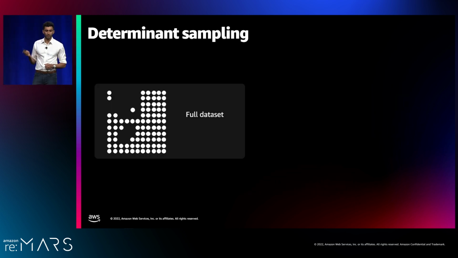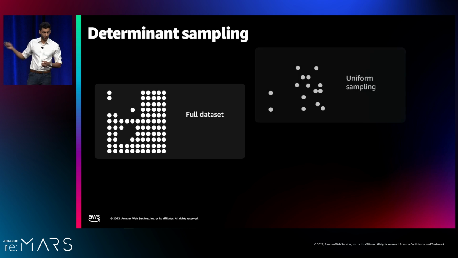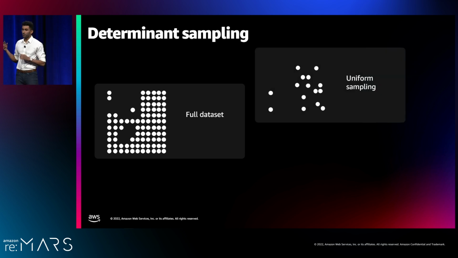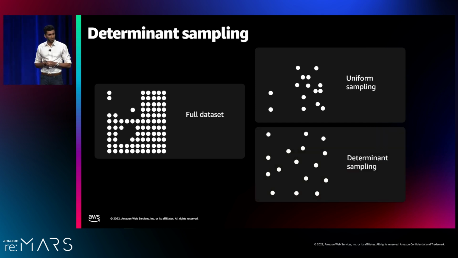Okay, what can you do if you can do determinant sampling? Well, say you have a full data set, and it has some missing data, it has some bias to it, and you take a regular uniform sample. The uniform sample will not create a diverse subselection. It will have clumping together, and it will also transfer over any bias that you have in the original data set. Determinant sampling, on the other hand, will try its mathematical best to cancel out the bias in the original data set, to span the entire space, and you won't get clumping.